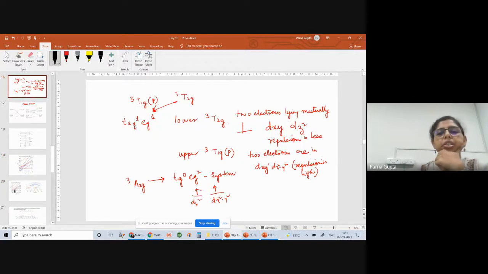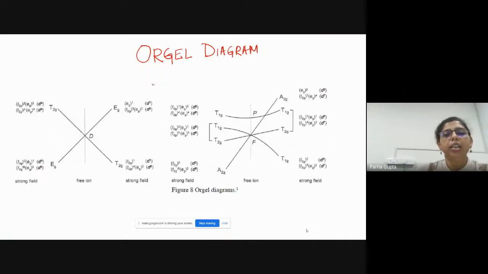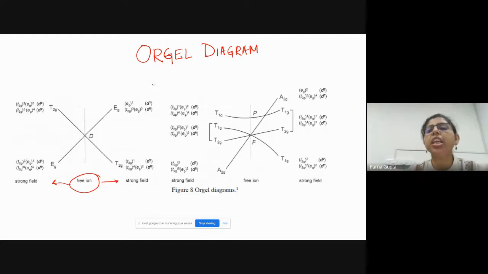So if this is the D2 system, and if you go to the Orgel diagram, this is called the Orgel diagram, and here this free ion, generally they are with strong field, it is going to the strong field. So this is a miniature of the Tanabe-Sugano diagram, where we almost take all the things that are needed to understand the transition. And if we do the calculation, we can see that this D2